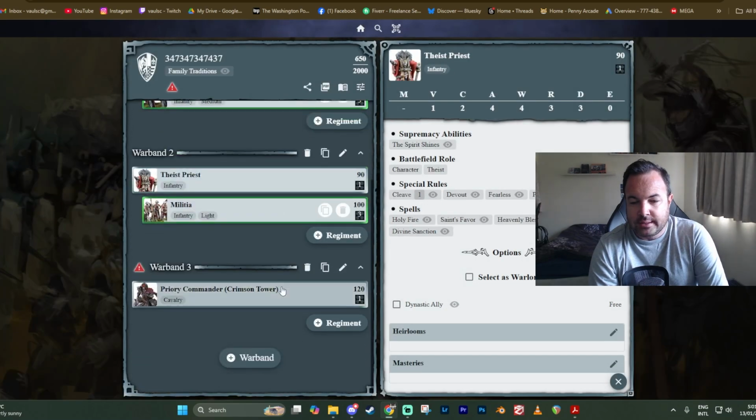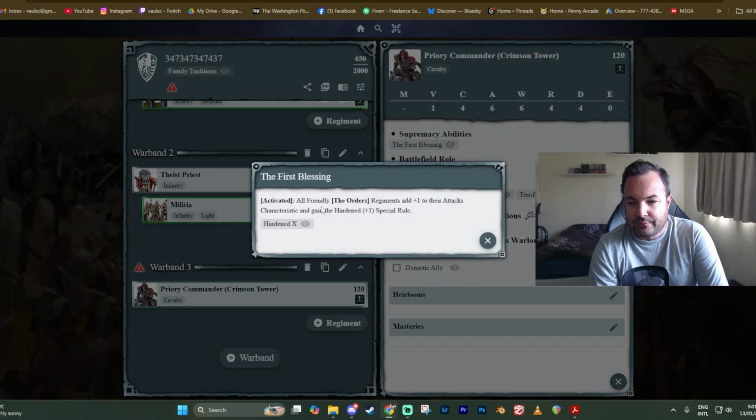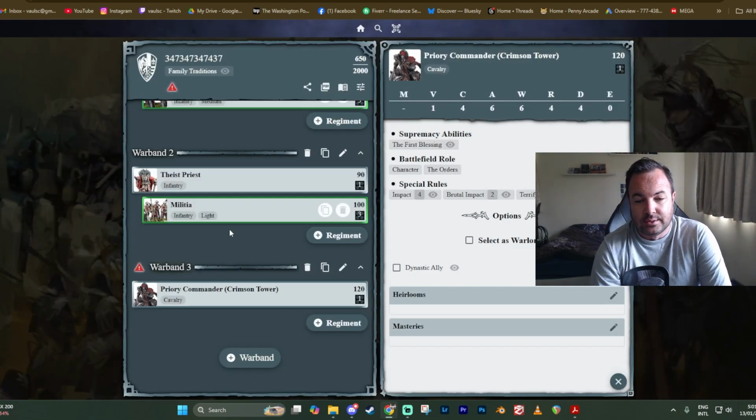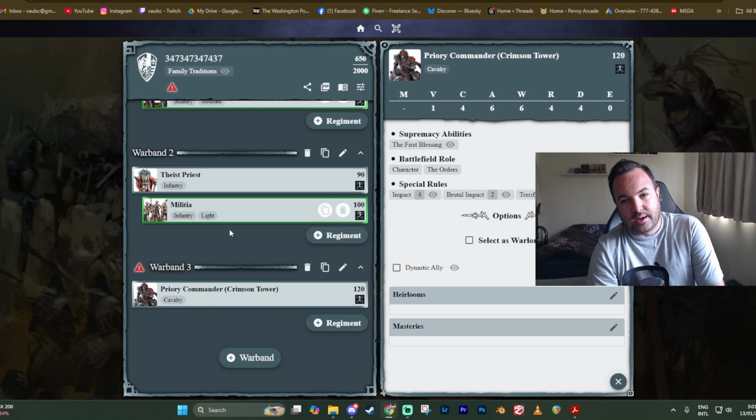What's really important is more so the First Blessing. If you actually look at the Supremacy ability, the activated upgrade for the Order character is giving you +1 attacks and hardened at the same time, which is better than what they had before on the Supremacy turn. Although, to be fair, they also had Blessed previously, so...